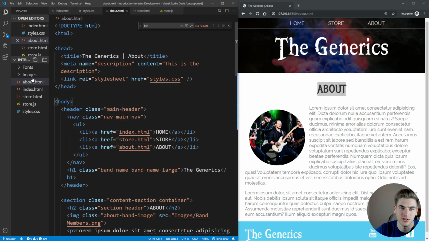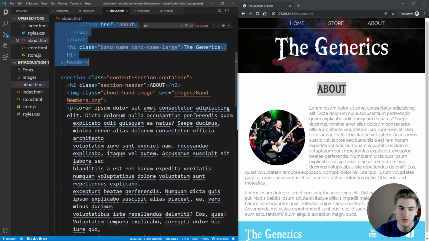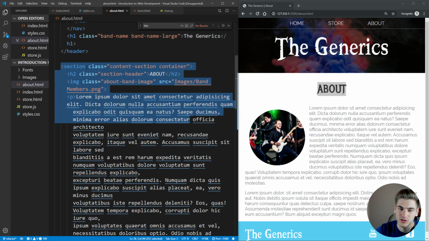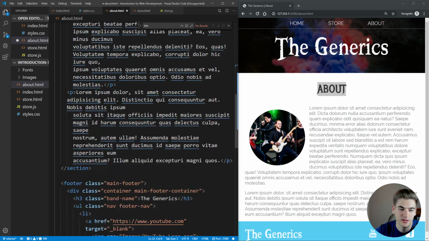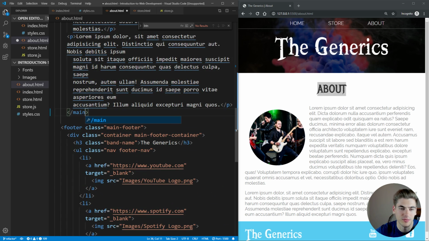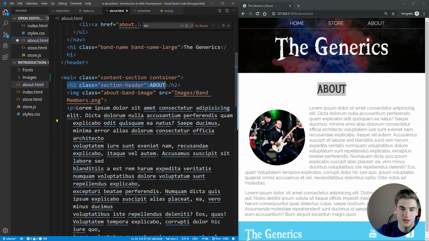And if we look at our HTML, we can see that our header is the same as it's always been. This looks great. We have a section here, which really, as we know, should be a main because this section is our main content. So let's come all the way down here and say main. Now that we have that wrapped properly, you can see we have our h2 with our header and our image, which of course should have an alt tag. So we want to write an alt tag. We can just say band members